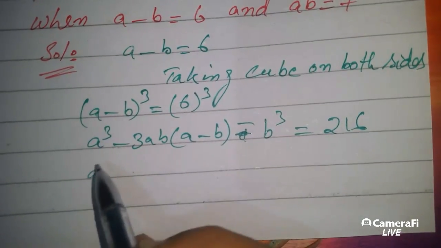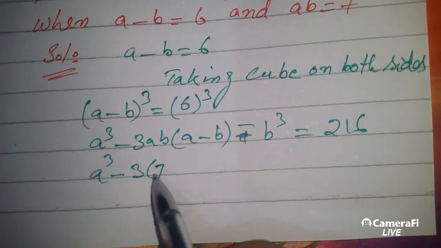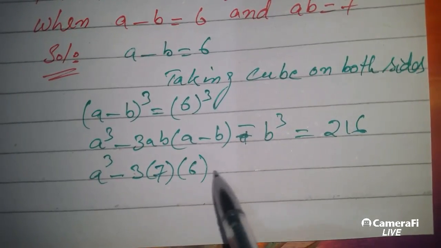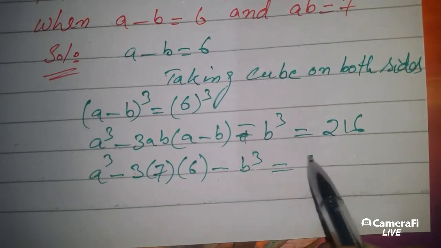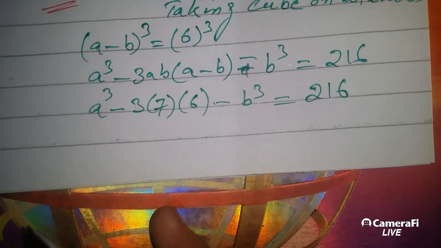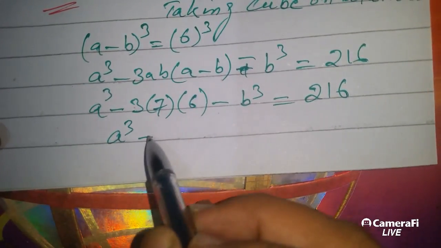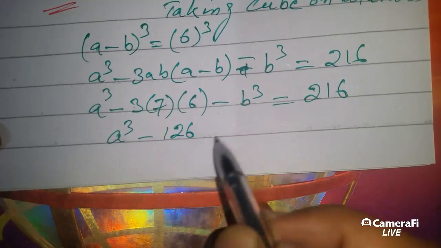Just applying the values that we have, ab is equal to 7 and a minus b equals 6. So it becomes, after multiplying these terms,